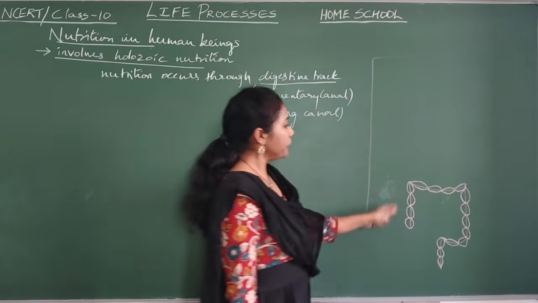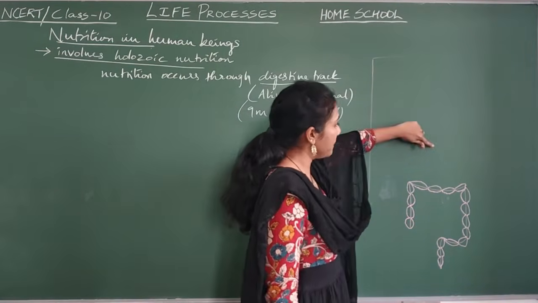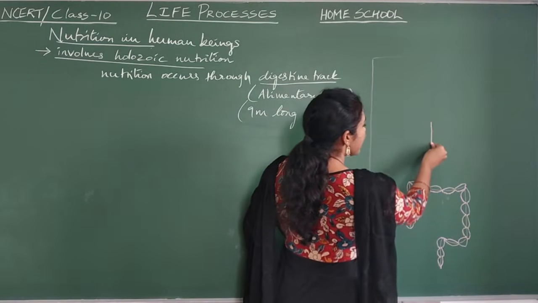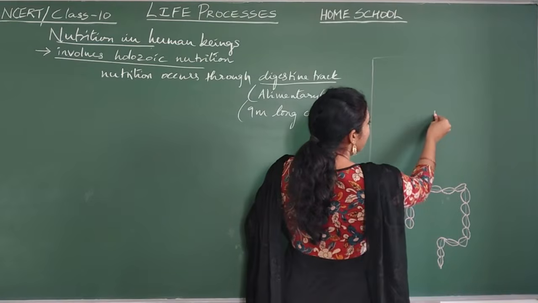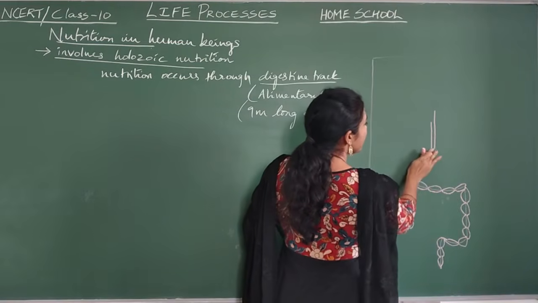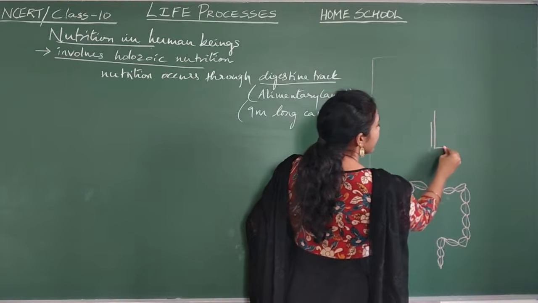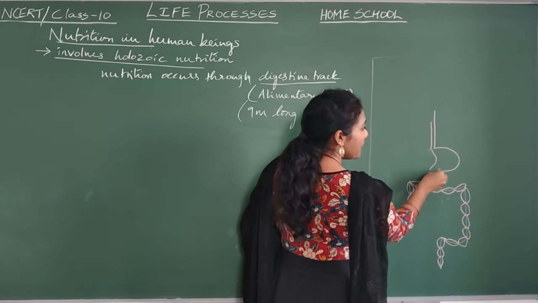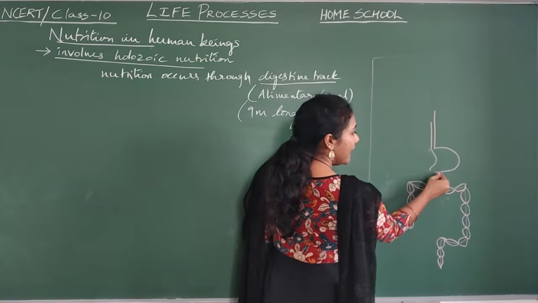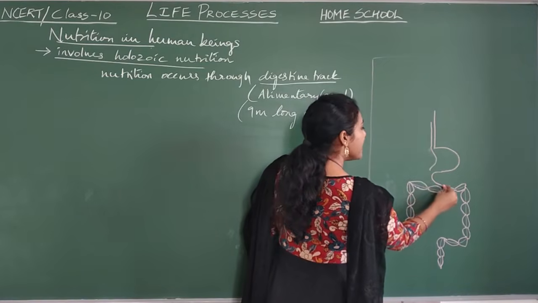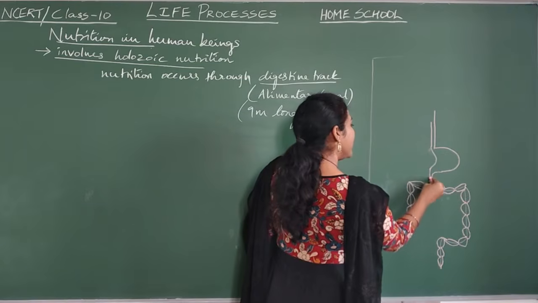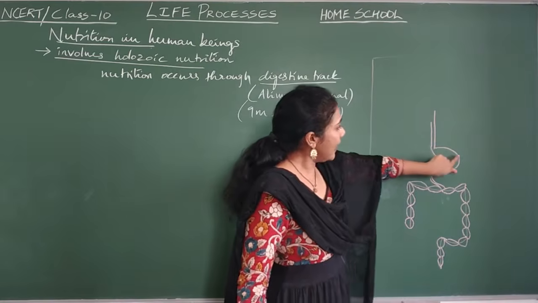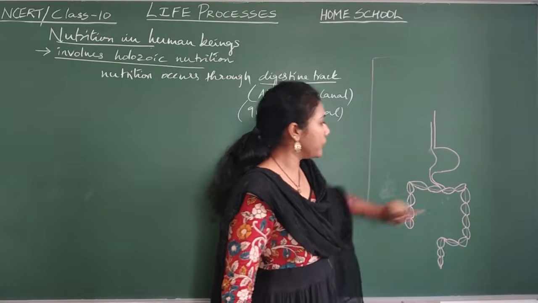After doing this much, start from here. 2 lines you draw, like this. This is one line, and this is another line. And after that, like this, a mango shape. You have to draw something like a mango shape. See, you got a mango shape. And after that, a C shape, like this. Join it to this C shape. Got it? 2 lines and then a mango, like this, join to this.